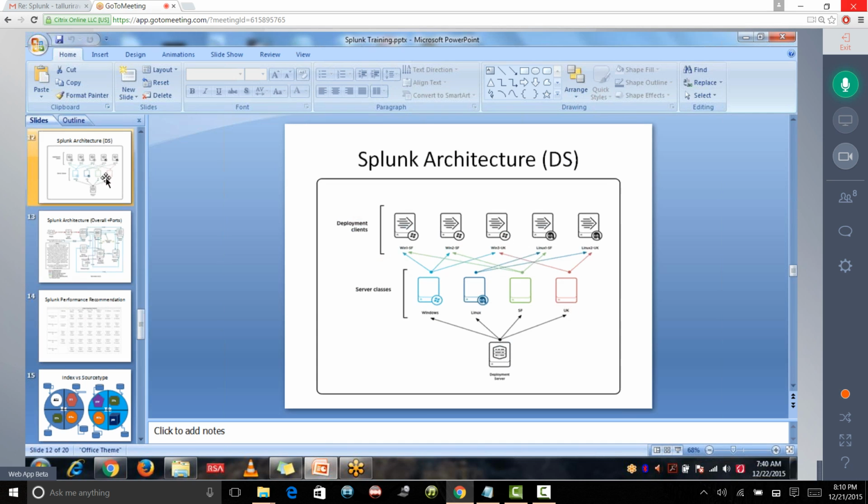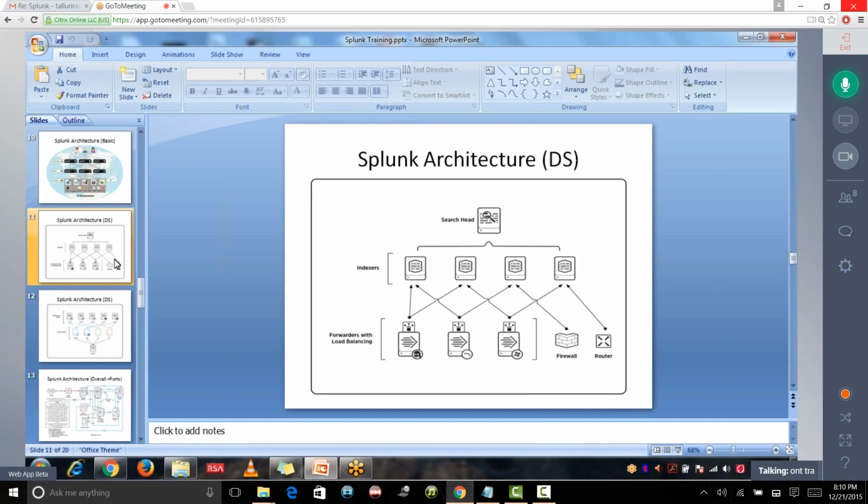This is how Splunk works. You can see the screen, right? Let me know if you have any question or any trouble seeing the screen or hearing. So these are the systems that we have. This is the firewall, this is the router, and then they will send the data to the